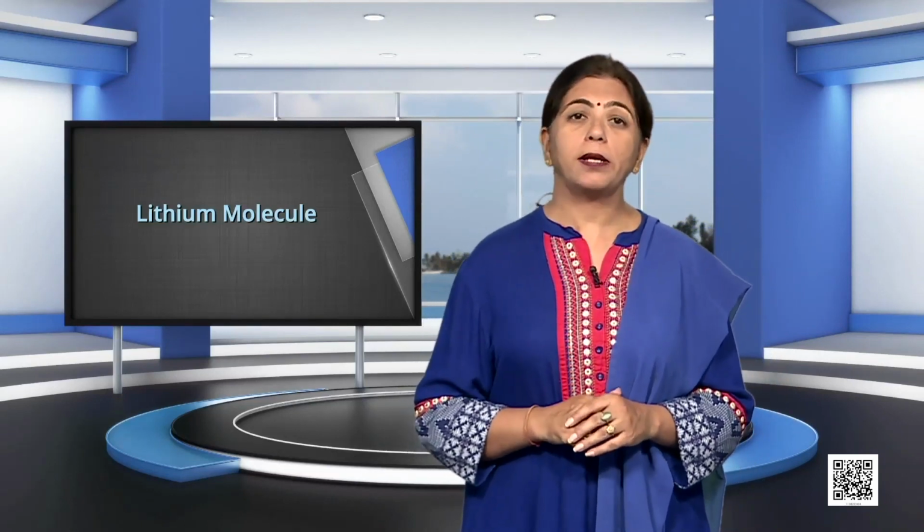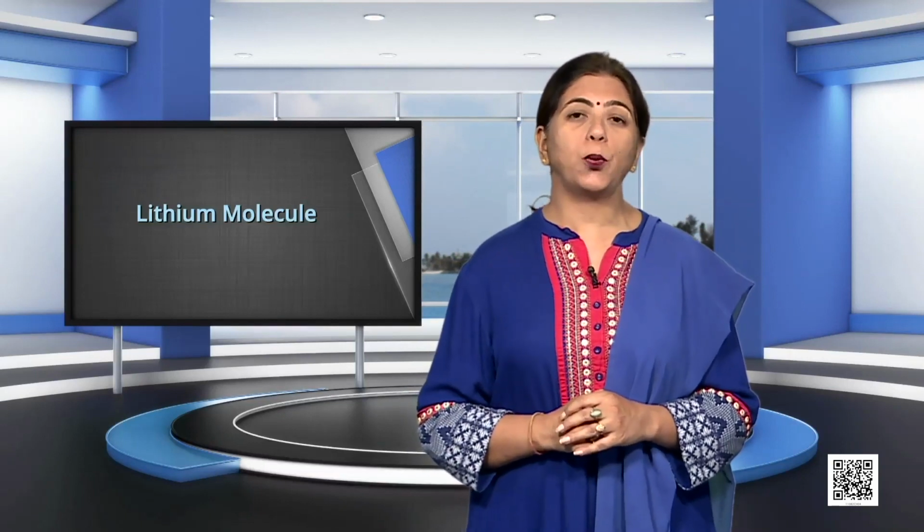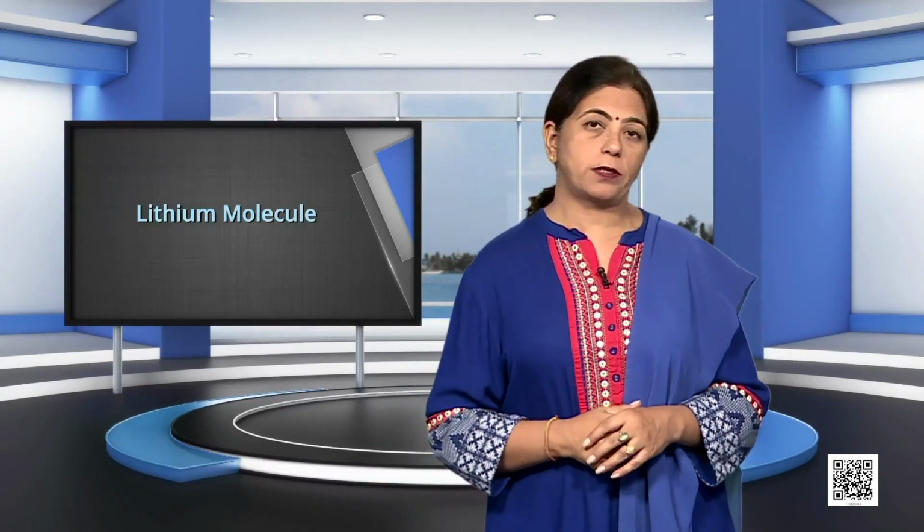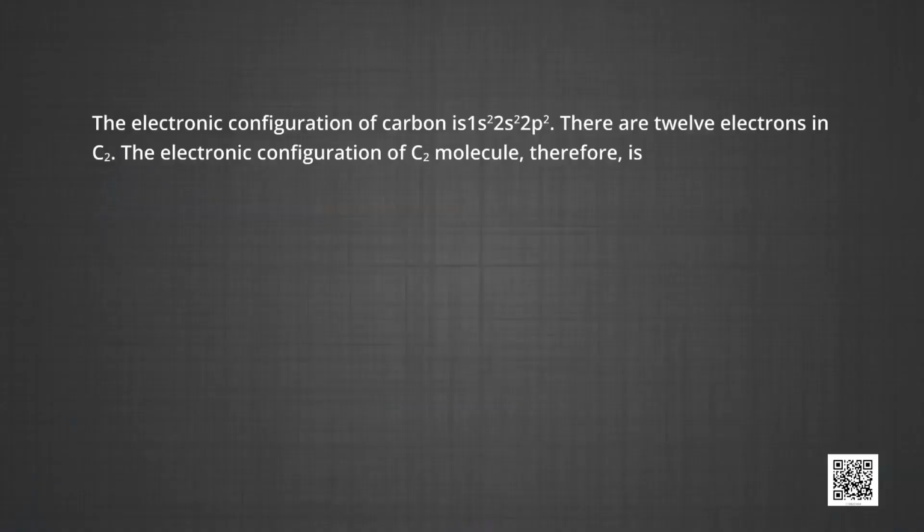Indeed, diamagnetic lithium molecules are known to exist in the vapor phase. The fourth example is the carbon molecule. The electronic configuration of carbon is 1s2, 2s2, 2p2. There are 12 electrons in carbon molecule. The electronic configuration of the carbon molecule therefore is,